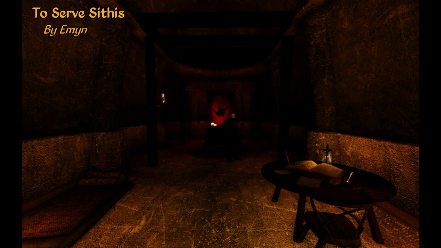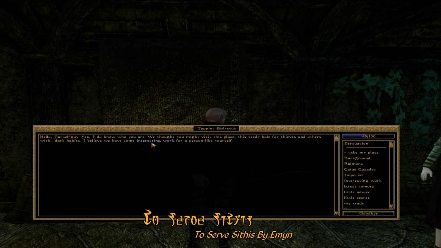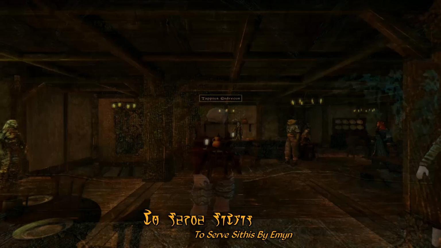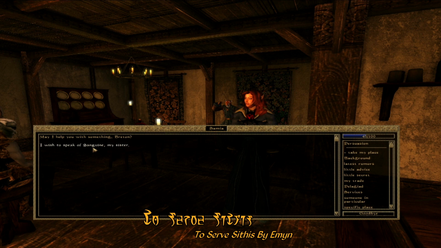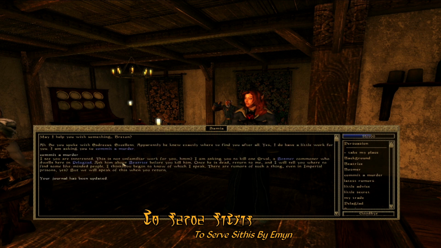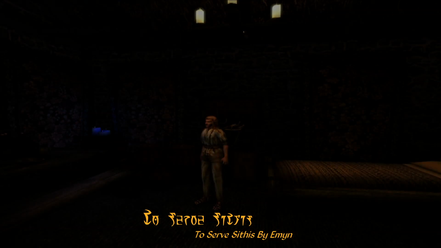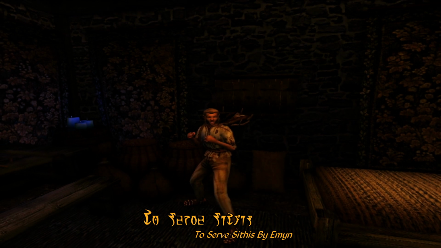Next up is our quest mod of the week, and this week we have To Serve Sithis by Ian. This quest mod starts out in Balmora, where a man will ask you about doing some interesting work for him. This in turn will take you to an NPC asking you to commit a minor murder. Should you agree to the terms and kill the target, like you'll see here,